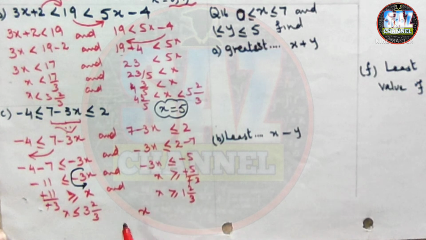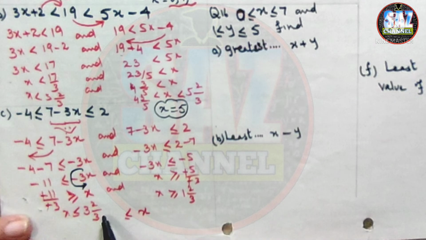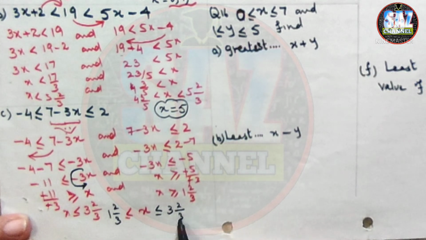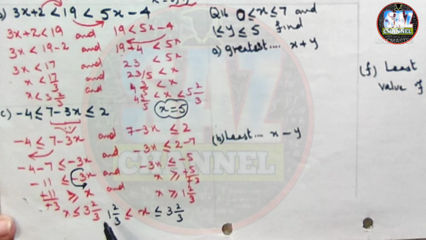So first of all we have to write down the joint answer. x is greater than or equal to 1 whole 2 by 3, but less than or equal to 3 whole 2 by 3. Now children, 1 whole 2 by 3 is 1.6. So the integer value of x which is very next and closest to 1 whole 2 by 3 or 1.6 is 2. And then we need the values which are less than or equal to 3.6. So 2 and 3 are the required integers.